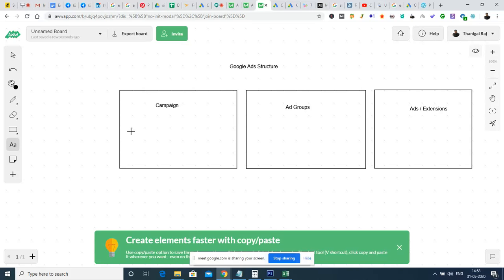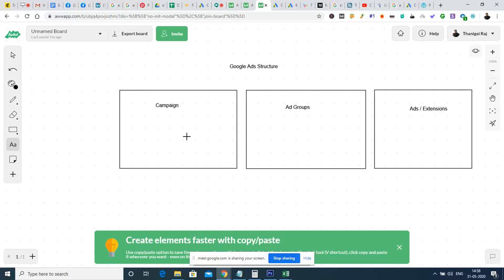For example, we can consider campaign as one major folder, ad groups as the second folder, a subfolder, and ads and extensions are the files inside the ad groups. That means we can have 4 or 5 ads inside one ad group. We can have 4 or 5 ad groups inside one campaign.